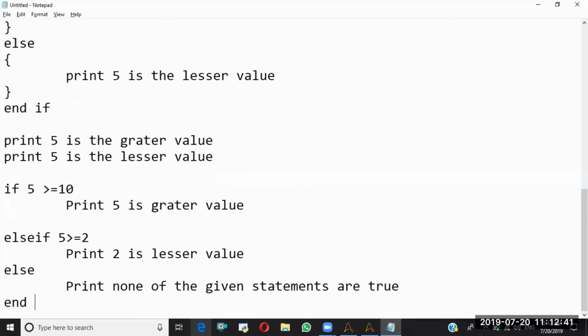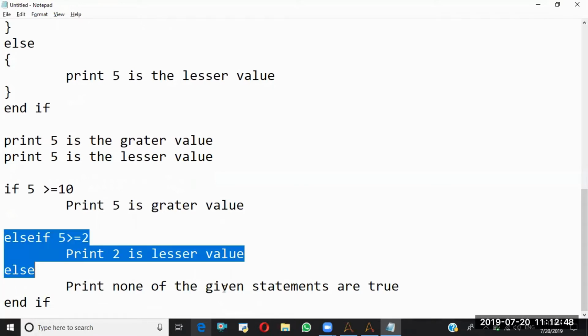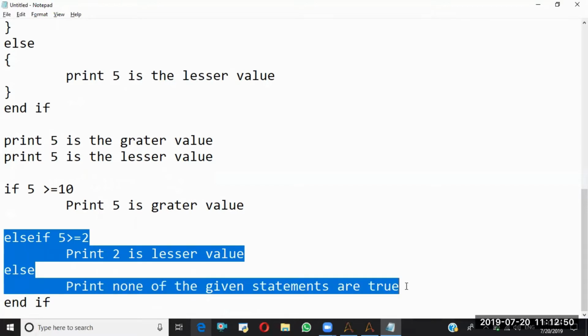End if. Like this, it will work. So here basically these two blocks are optional. If the requirement is there, you can include these two blocks. If the requirement is not there, you are not going to include these two blocks. So that's about these control statements.